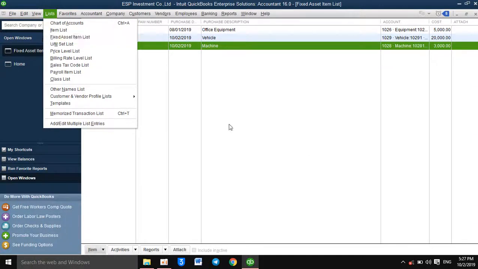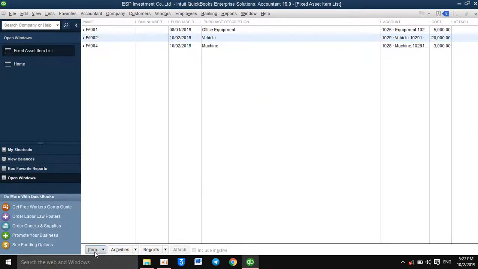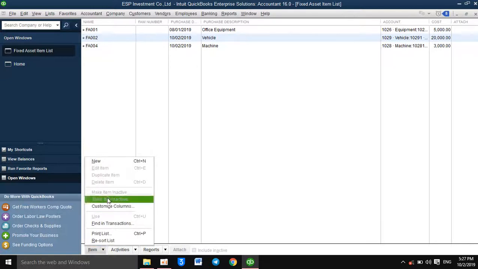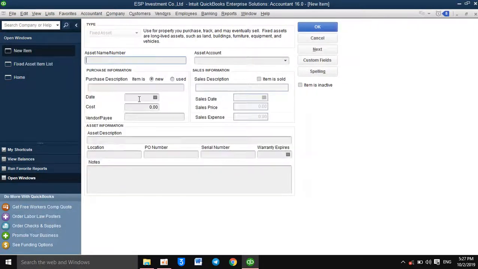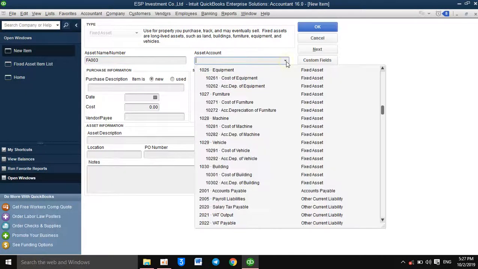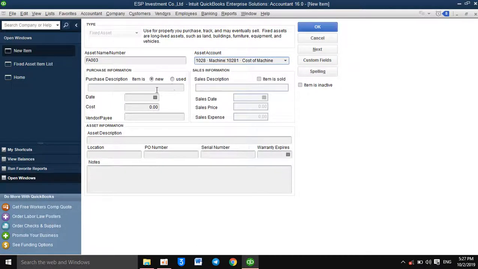fixed asset item list, so you can see the platform is the same, and then you find the button item and click on the arrow and find the word new, and you complete the asset number. For example, FA003, account number, asset account, you choose machine, and then you click here purchase description, for example, new, and you write the machine and click here today, and the cost, because it is new, so it is so expensive, 5,000, and machinery